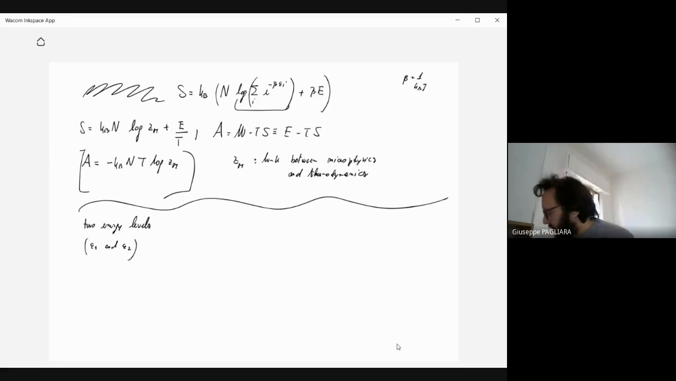of insights. So suppose that we just have two energy levels, epsilon 1 and epsilon 2, and suppose that all the particles are on epsilon 1. Well, of course, let me make a comment, and let me make it now. At the thermodynamical equilibrium,